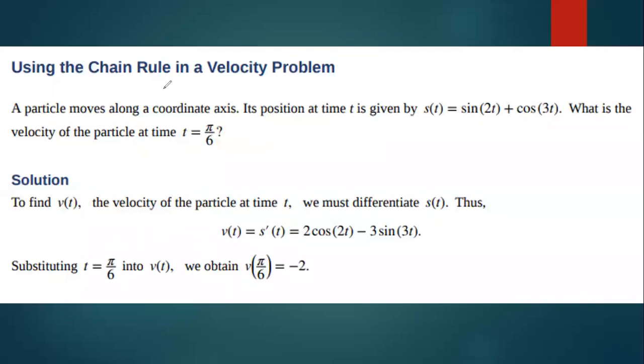Using the chain rule in the velocity problem, let us say मेरे पास कोई पोजीशन वेक्टर है जिसकी जो बेसिकली विद टाइम चेंज हो रहा है, s(t) equals to sin 2t plus cos 2t and we have to find the velocity at pi upon 6. तो सबसे पहले वेलोसिटी का पैरामीटर फाइंड करना है, इसी तरह इसको मैंने डेरिवेट कर देना है, डेरिवेट करूंगा तो साइन 2t क्या हो